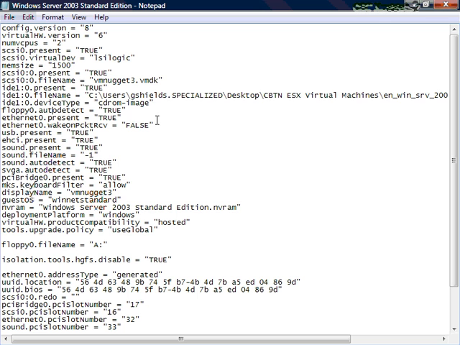We keep getting that error message about the floppy drive, and the reason we keep getting the error message is because that floppy drive is currently locked for use by the other virtual machine. We have an Ethernet address that is present. It is currently not set for Wake on Packet Receive or Wake on LAN. We have a USB present and an EHCI present, and even sound card that's present. So all of these actually go into VMware Workstation to populate all those entries